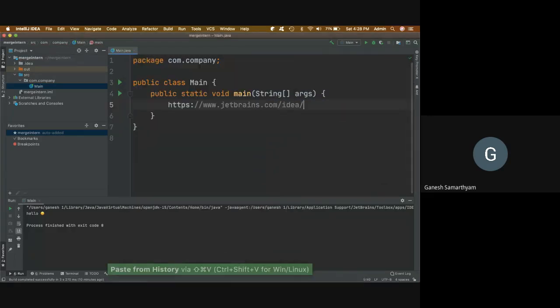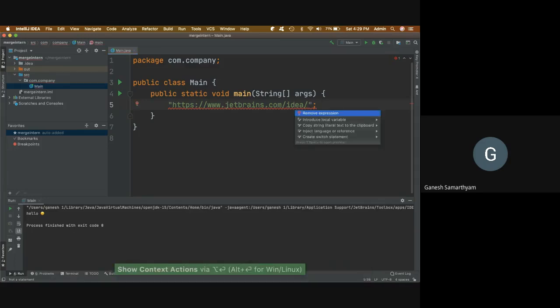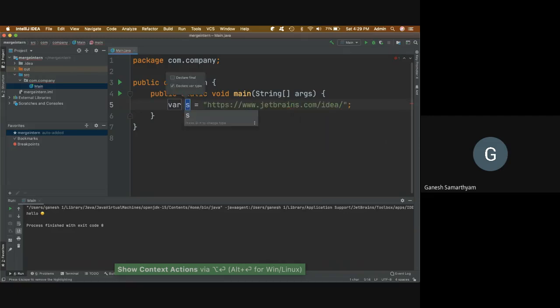For example, this is my line. Now what is the navigation that I'm using? Command right arrow, I'm going to the left, and command left arrow, I'm going to the right. And if you want to go word by word, I can do alt right arrow, and so on. Now I want to complete this sentence, so I can do code completion. And now I want to introduce a variable. Another way to introduce a variable is to do alt enter, introduce a variable, and give the variable name. So idea URL,